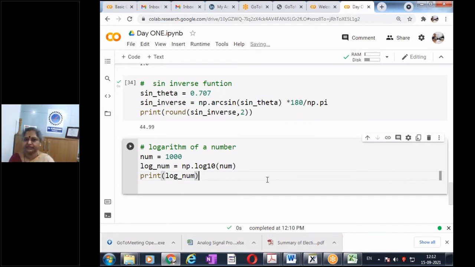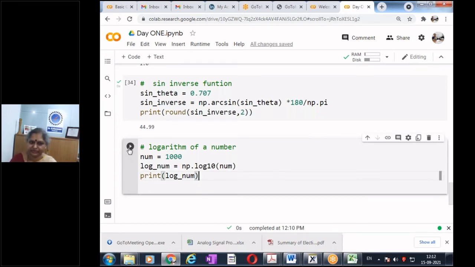What's the answer we get? Anyone? Yes. Because 1000 is nothing but 10 to the power of 3, when I do this, I will get the answer as 3.